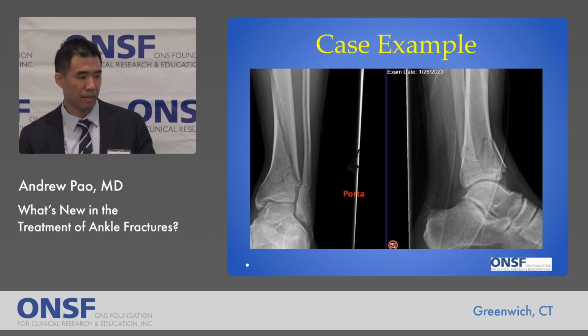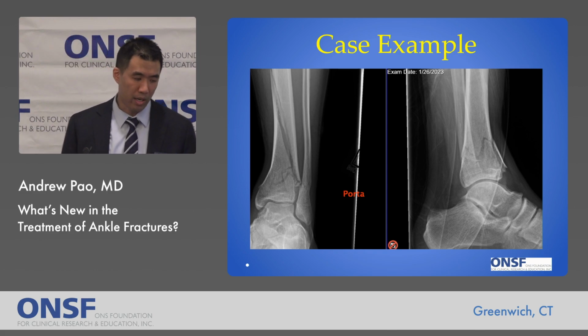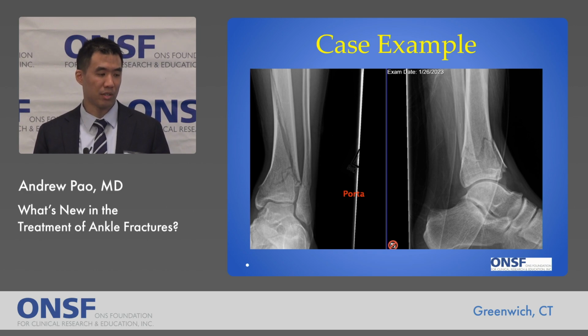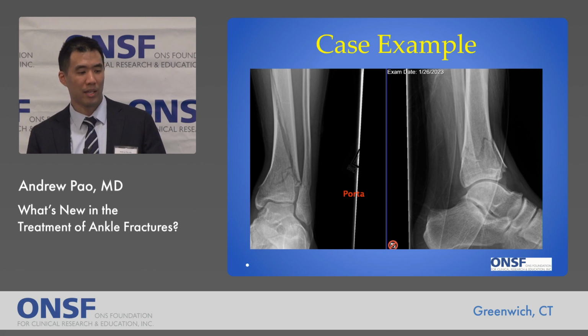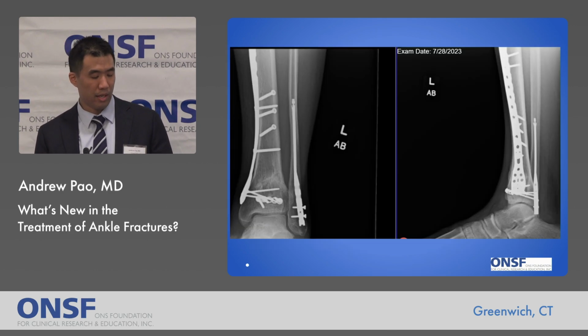This is an example of a case I had about 8-9 months ago, of a 30-year-old individual with a pretty comminuted distal tibia fracture, which extended into the joint. He also had a transverse fibular fracture. Because of the distal tibia fracture, I had to make a long incision on the anteromedial aspect of the leg. And instead of making a second, large longitudinal incision on the lateral ankle, this was a good indication